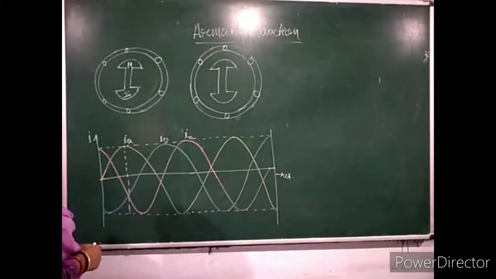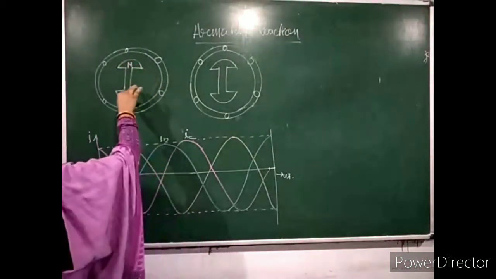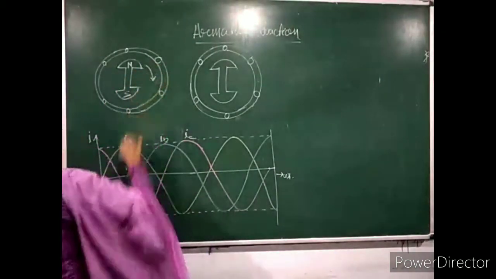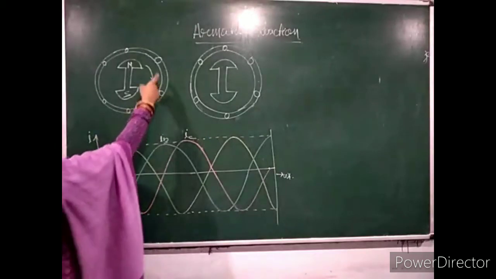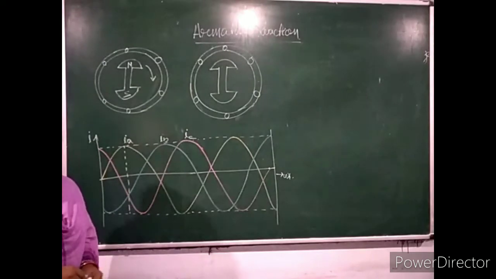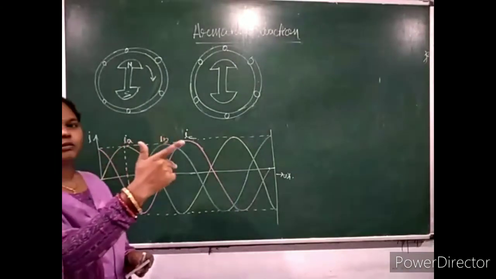if you excite the field winding by giving DC supply, flux is generated which is synchronously rotated in this air gap. Suppose the motion of the rotor is in the clockwise direction, and as this armature conductor cuts the magnetic lines of force according to Faraday's law of electromagnetic induction, EMF is induced in this conductor,